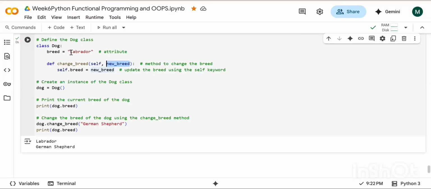Ma'am, breed is the default one over here right now. I have one question. So dog, small d, equal to Dog function, capital D. Why are we just changing the class?